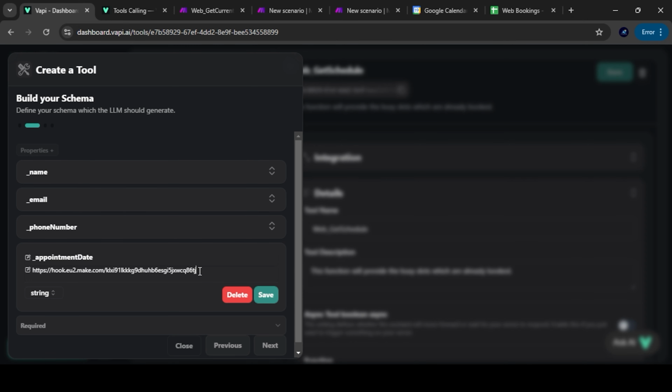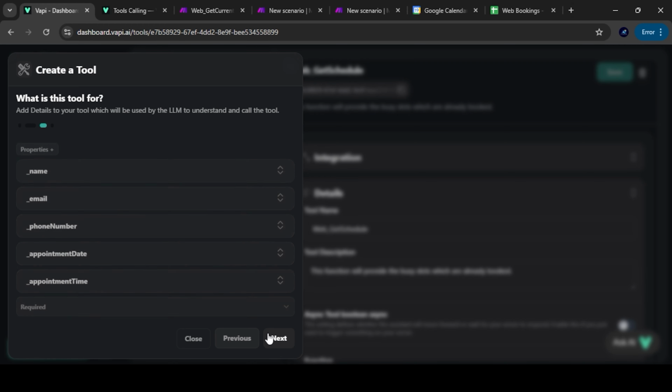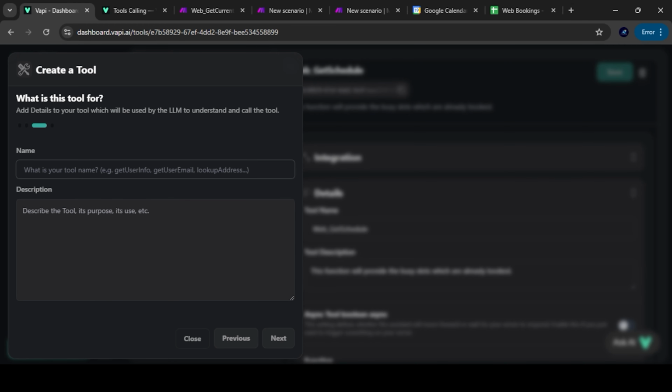Okay, click on save, and the last thing is appointment time. Just change the date to time. That's done. We have added all the parameters.